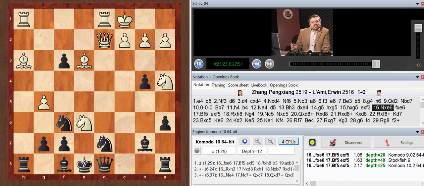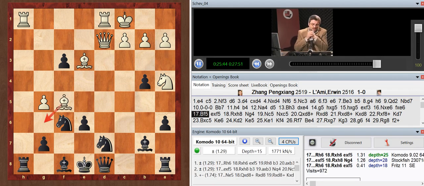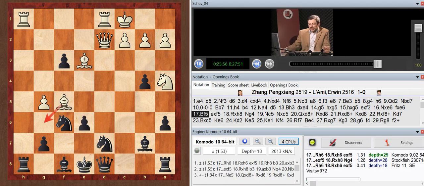He played, instead of taking on f6, a fantastic idea, knight e6, which in itself is not so surprising, because we know all kinds of threats and blows against the e6 square are typical for this variation, or for the Scheveningen in general. But after f takes e6, he played the ingenious move bishop f5. I mean, this is one of the wittiest ideas that you can see in this type of position, or in this very position, because now black had to take on f5.